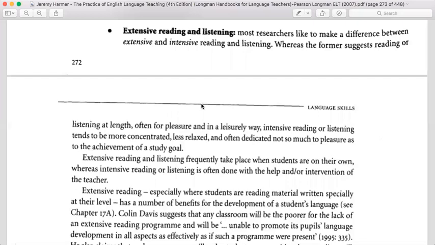So extensive listening isn't a part of the class, right? So the teacher again can recommend what to listen to in order to improve your listening skills. For instance, if I share with you, while I was at school, our English teacher asked us to listen to the news, okay, so that we can improve our listening comprehension, right?